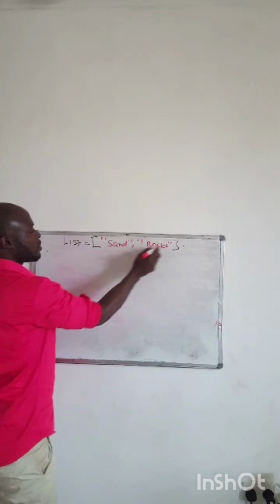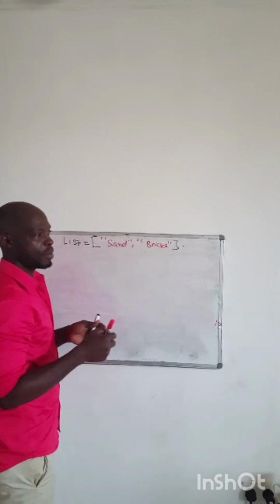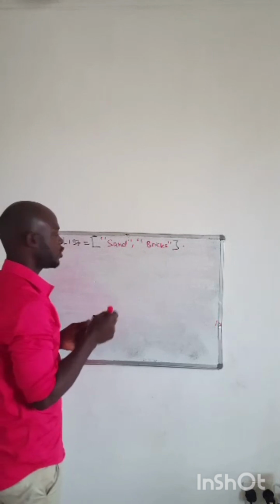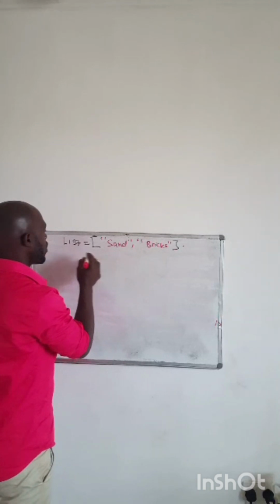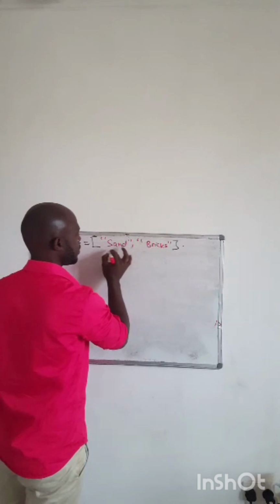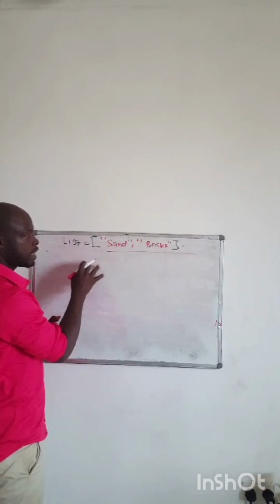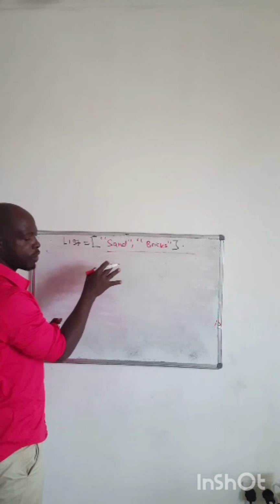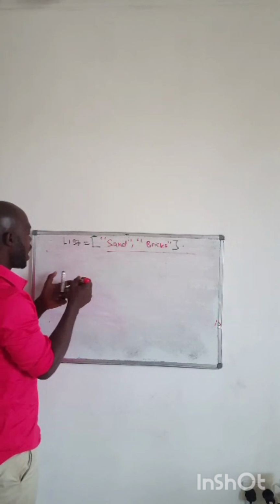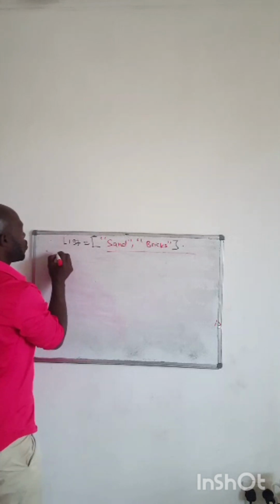Okay, this is our list that we have created here. We just put a few items because this is just for explanation. So we are going to see how we can remove list items. Because we are manipulating our list, but for now we are just going to focus on how we can remove list items. And so the first method that we can use to remove list items is we can use